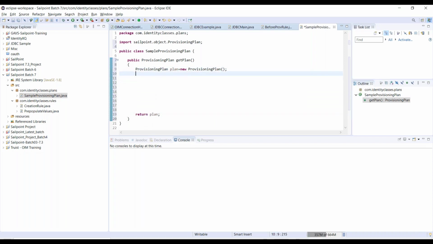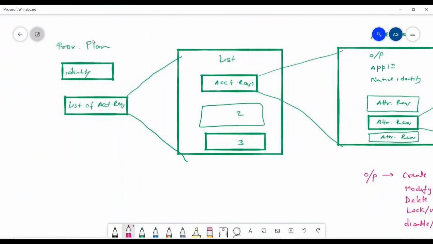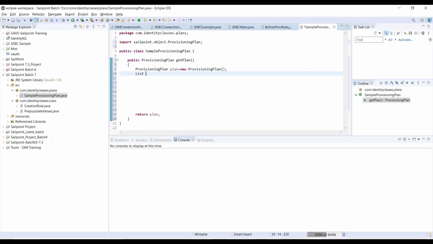Now we need to basically look into what a plan contains. Inside the plan, we have the identity details, right? Inside the plan, we have the identity detail, and the plan contains a list of account details. So a plan contains identity and the list of account details. So let me do one thing. Let me first build up a list of account details. Okay. So let me create a list